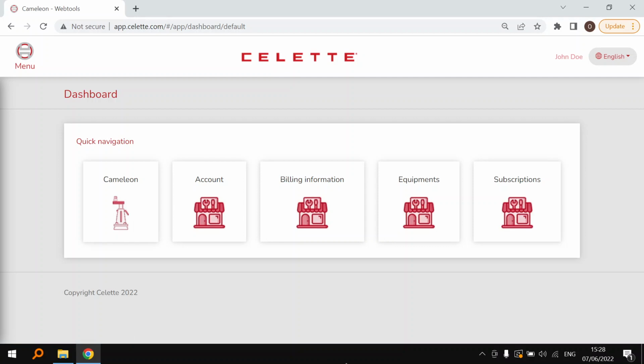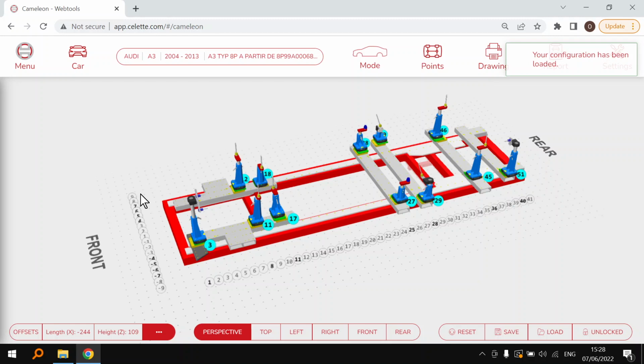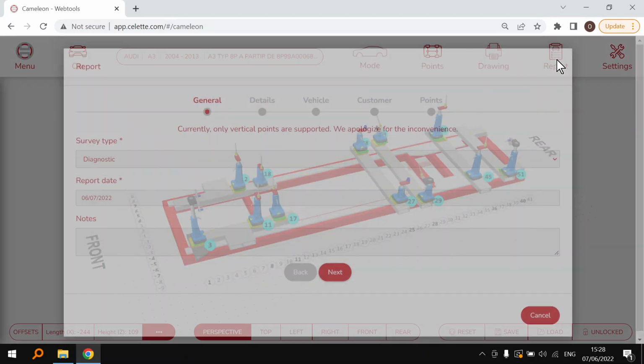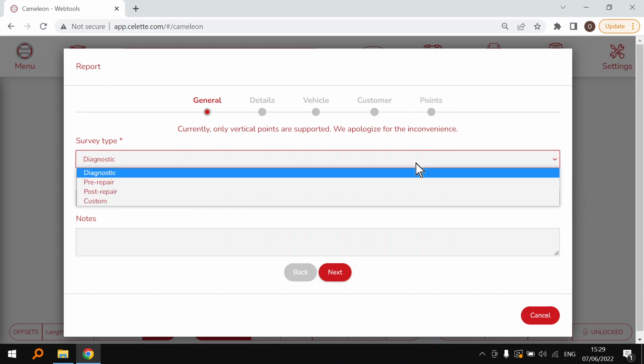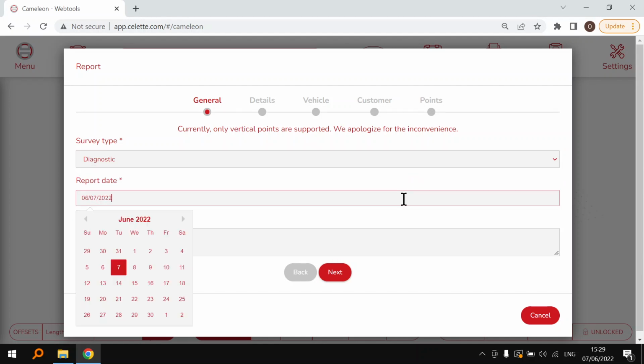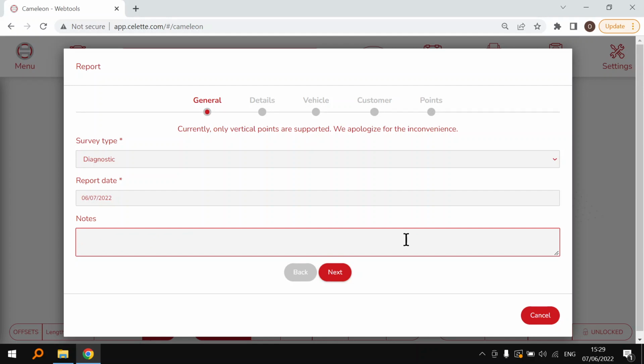First, let's open Cameleon. And our saved configuration is already in the software. Let's go to Report. Any information you enter here will appear on the report. You can enter the survey type. This one is a diagnostic report. You can enter the date, write some notes,